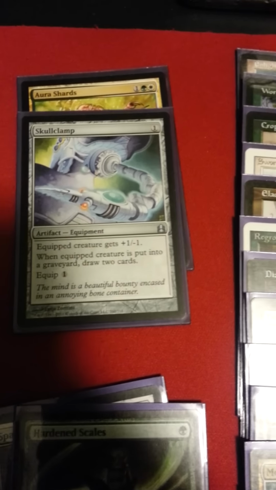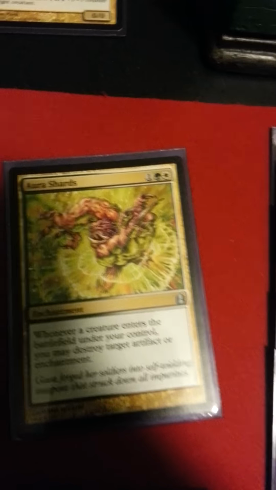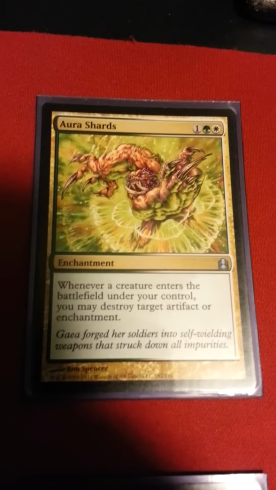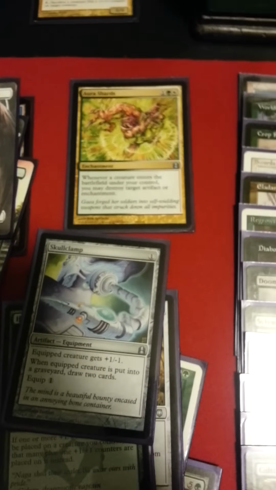Junior version of Doubling Season, Hardened Scales works very well with this deck in combination with Oran Reef and Ghave. Skull Clamp, ridiculous. And hey, people are going to keep playing all sorts of nasty artifacts. And Prison, I'm going to keep playing Aura Shards. So that's a fun staple for green and white decks as well. On to